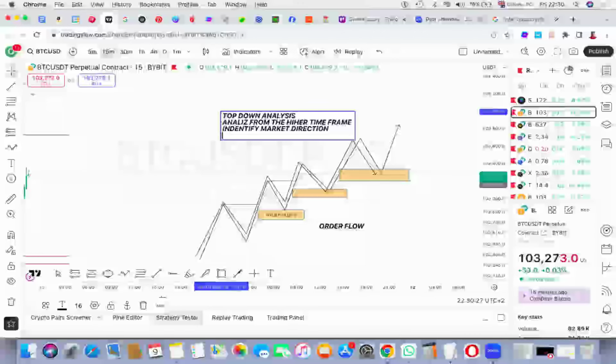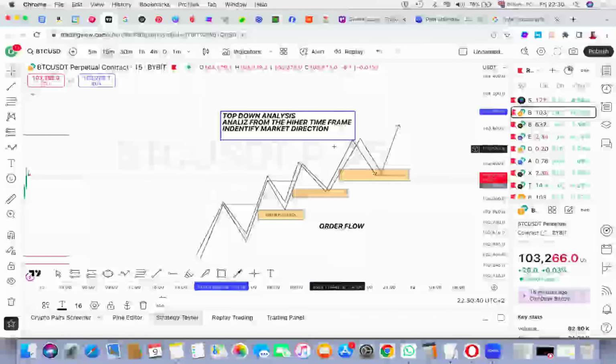Once you identify the market direction, if it's a downtrend or an uptrend, the next thing you want to do is draw your structure,